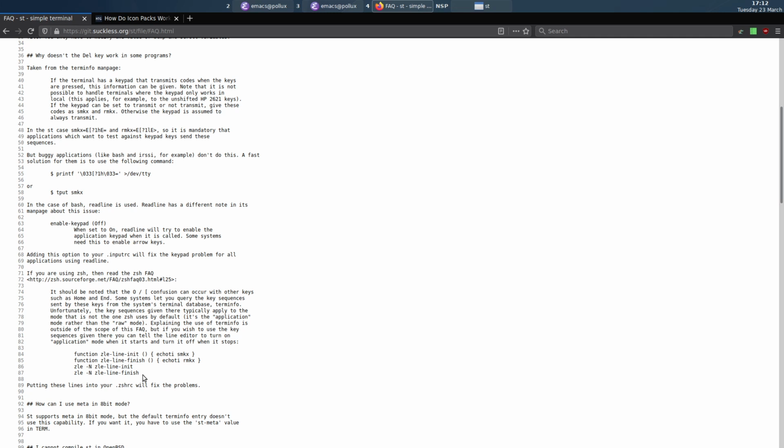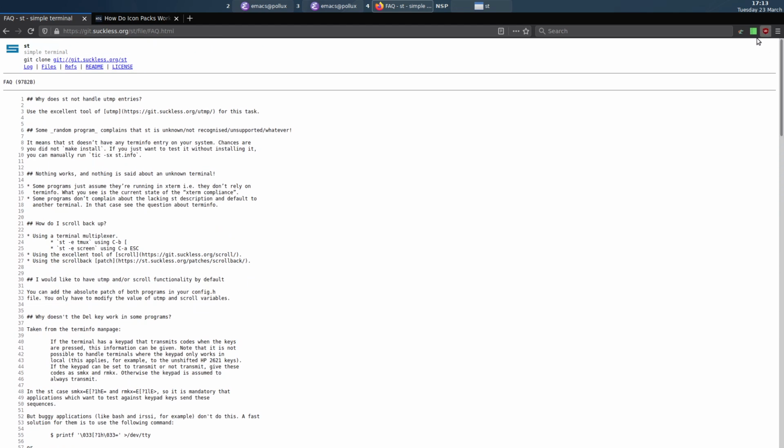The terminal's TERM is st-256color, and that's not recognized by a lot of machines. So the workaround is to use tmux on your local machine and then dial into the remote machine, and it will have a different TERM. It will be called tmux-256color. You can also change it to screen-256color, and the remote machine will then recognize all the key presses correctly. But for some reason, when I was doing the demo, it was playing up, so I'll have to have a look at that. But that was just something else to mention about the ST terminal, and you may be able to